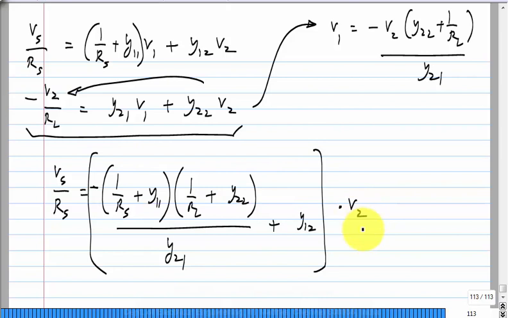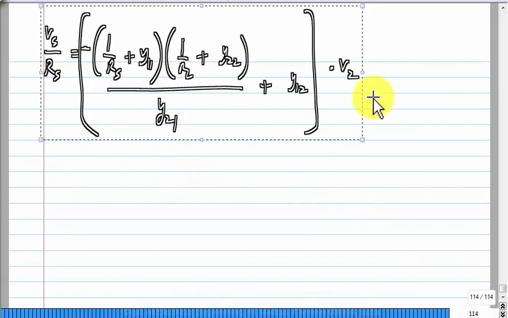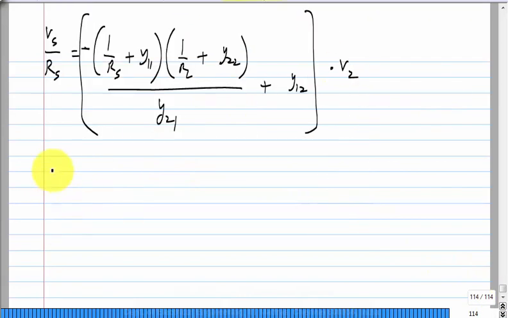Okay. And from this we will get V2 by Vs, to be in the denominator you will have